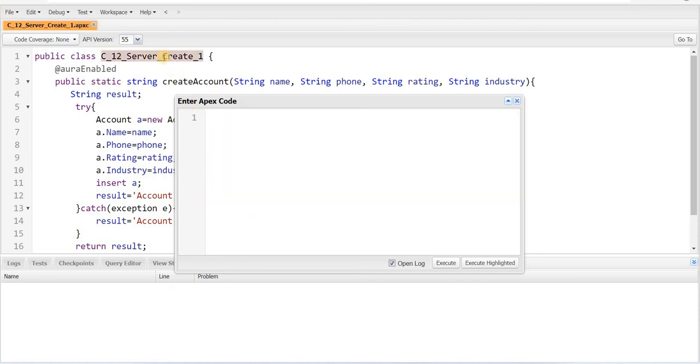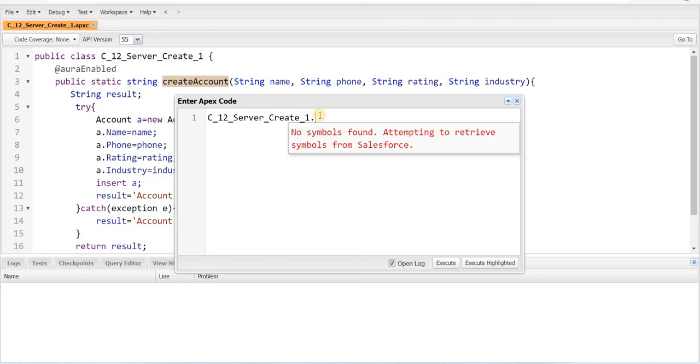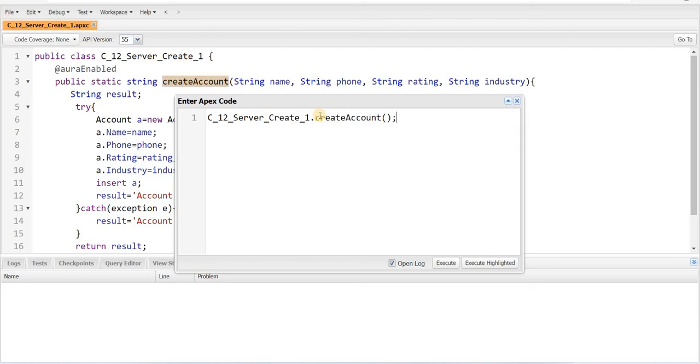Let's copy this class name, and this method is static, so directly I can call it with the class name dot method name, and this method is expecting parameters like name, Ashok from anonymous window,